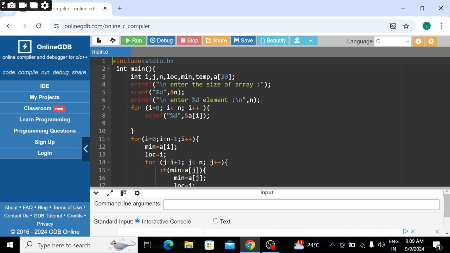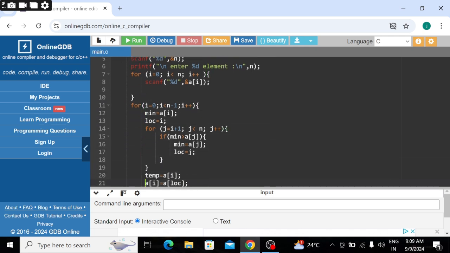Printf enter %d elements, and those elements are read by a for loop with the help of the scanf function. After that we use a for loop, and in it we take a min variable which is equal to a[i], and location equal to i.